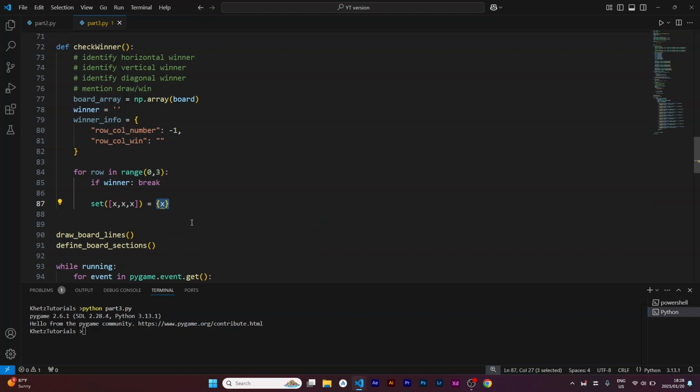So set brings out the unique elements in a row or column or whatever we give to it, and it's basically going to help us to find the winner. So if we have three of those and it all boils down to one of them, then we have a winner. So this is what our if statement would look like essentially. So if we say if